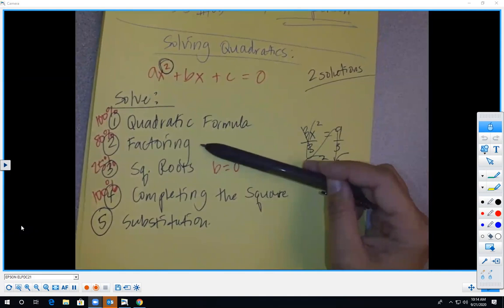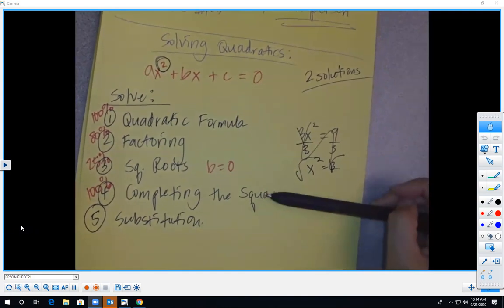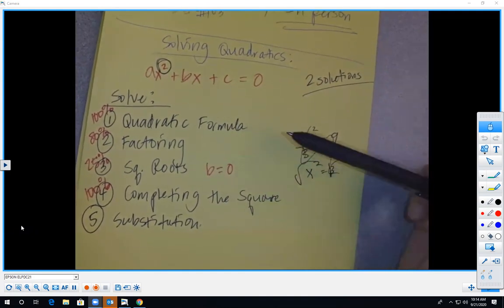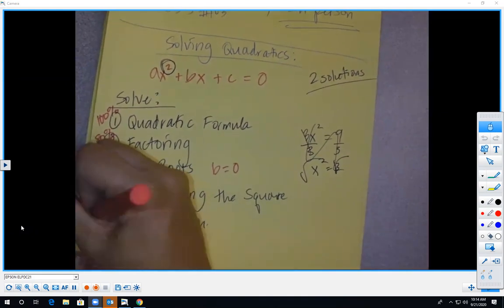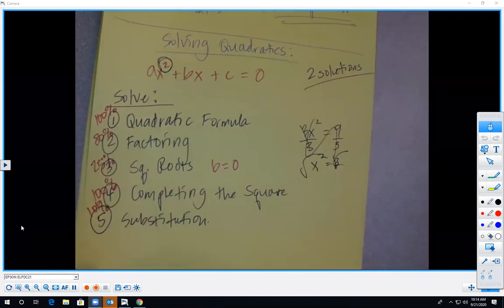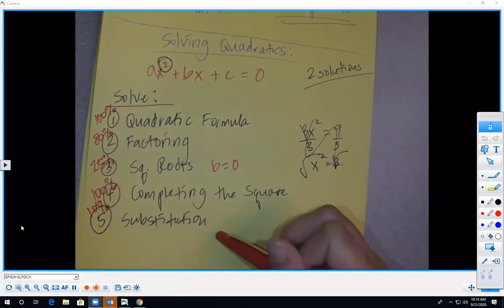Factoring is a method that is common, but it doesn't always work. Square roots is a method that we use because it's quick and easy. Completing the square, we're going to go over that. It's similar to quadratic formula. And then substitution, you don't use substitution very often. I might even say like 10% of the time. But it's really helpful on those problems that we are going to use it on because it's difficult to do